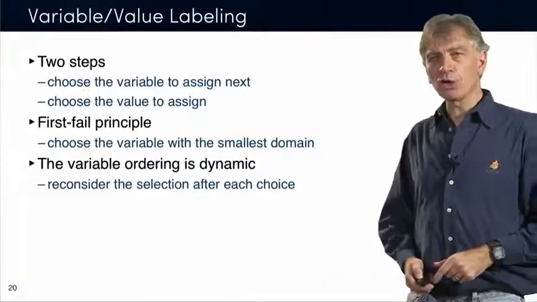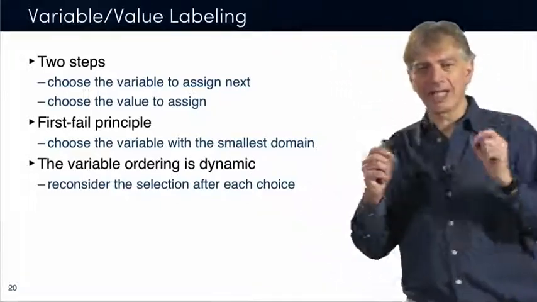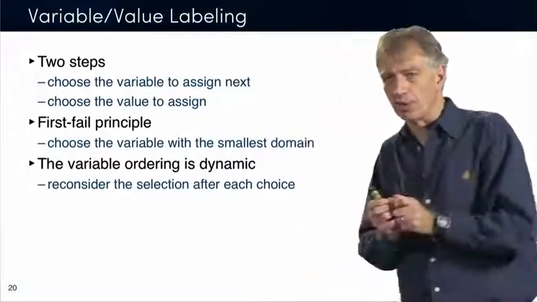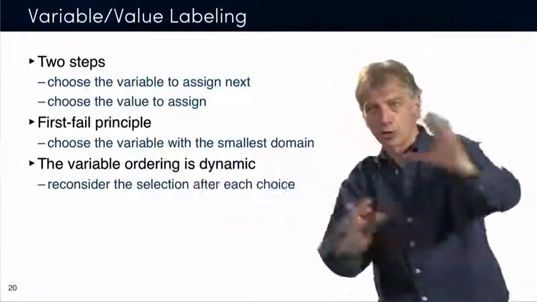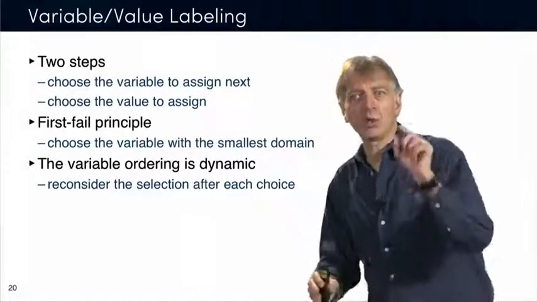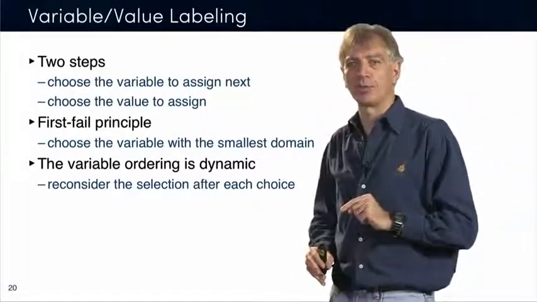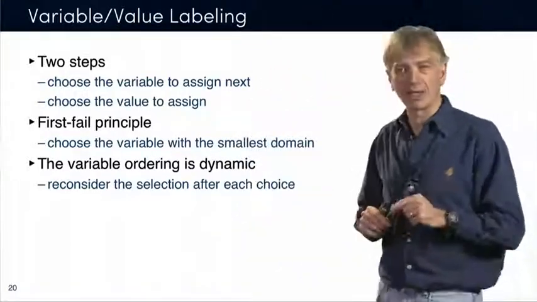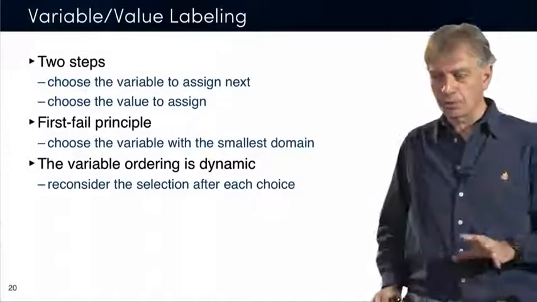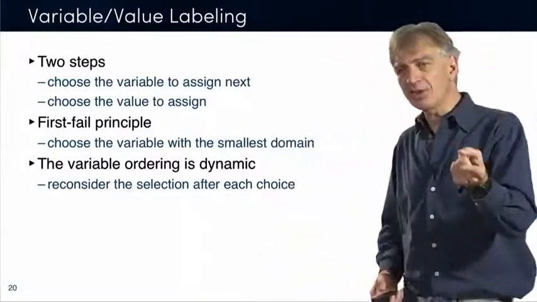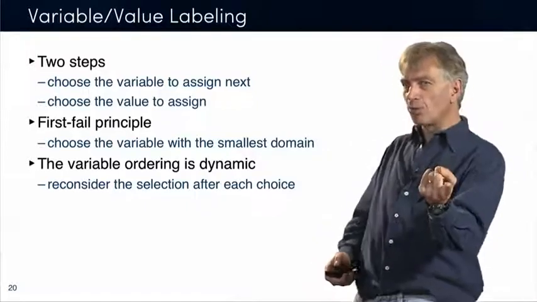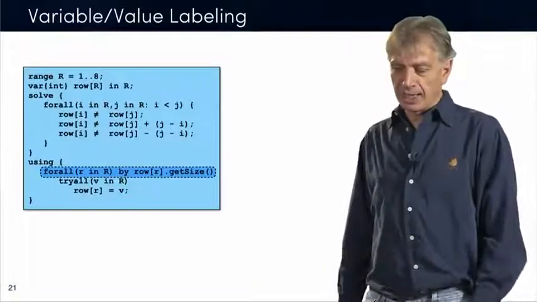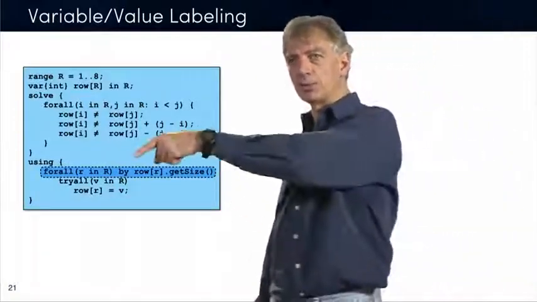Okay, so the ordering that we will want in general is going to be dynamic. You just don't want to fix the ordering of these variables. You want to choose a variable which has the smallest domain, then you propagate all the constraints, that reduces the search space again, and then now you want to look for the next variable with the smallest domain. Okay, and that variable may not have been the second most attractive variable the first time around, because now more values have been removed. Okay, so what you want to do is iterate this, choosing the variable with the smallest domain, propagating, choosing the variable with the smallest domain, propagating. Okay, and so this is essentially how you can do that in a constraint programming system.